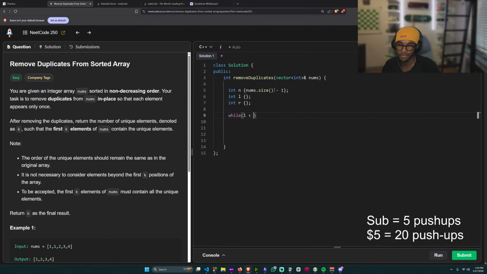While left is less than n, because we want left to go all the way to the end of the array, and we swap nums of L and nums of R. And we use another while loop while R is less than N and